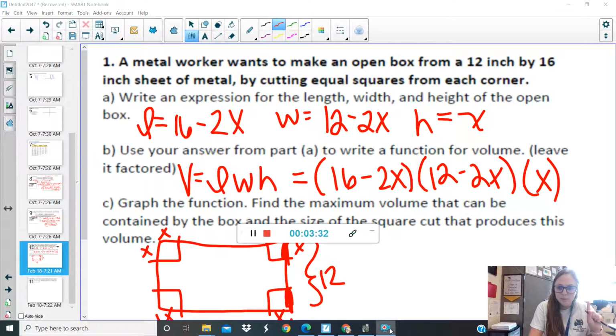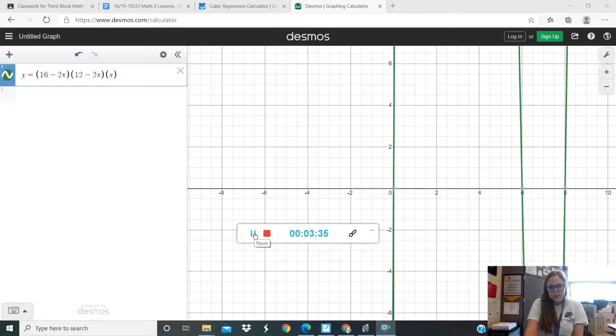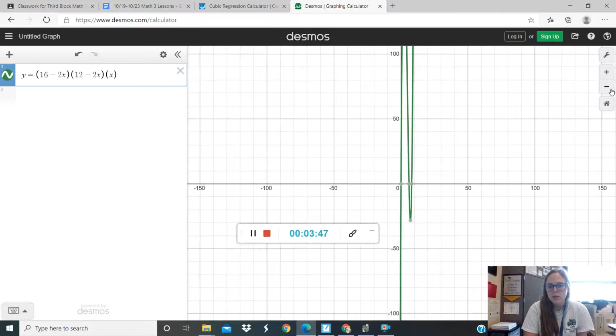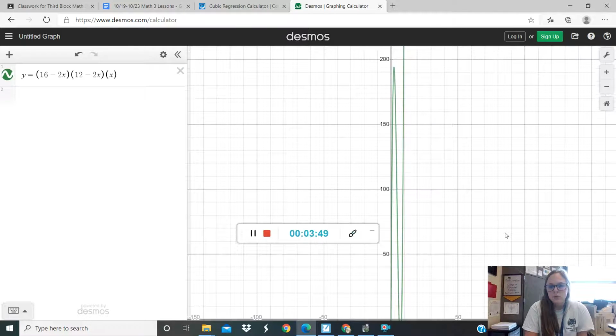So let me get that pulled up. Okay, so I pulled up Desmos and I went ahead and typed in our function of 16 minus 2x, 12 minus 2x times x. And right now we can't see where the maximum is, so we're just going to have to zoom out until we can see it. I'm just going to scroll up a little bit too. And the maximum is way up here at 2.263 and